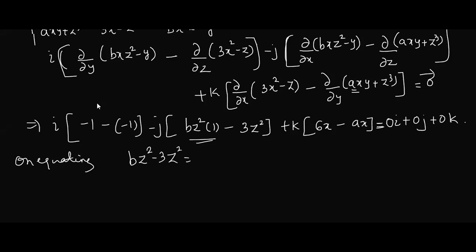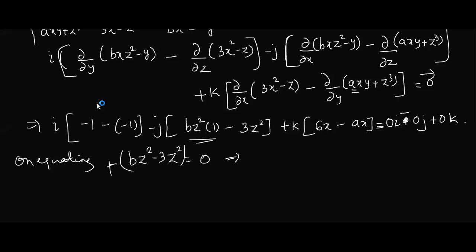Can anybody tell me what this is equal to? What is the coefficient of j? 0. You may ask, this is plus and here it is minus. Do you have such a doubt? Yes, ma'am. I'll take this as minus. Is it going to matter? No. So don't worry about this. We are interested in the coefficient. If I write along with minus, again I have to take a minus. That won't matter.